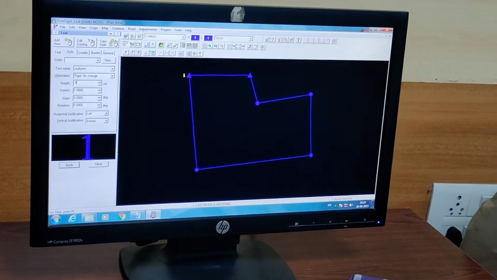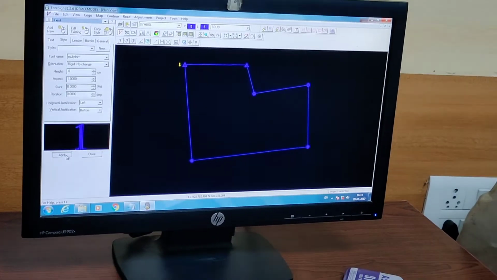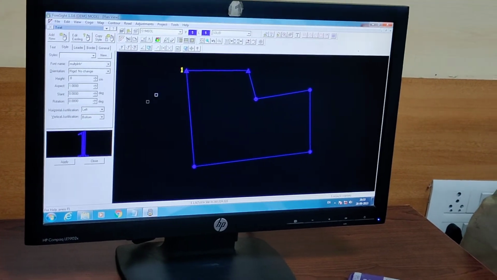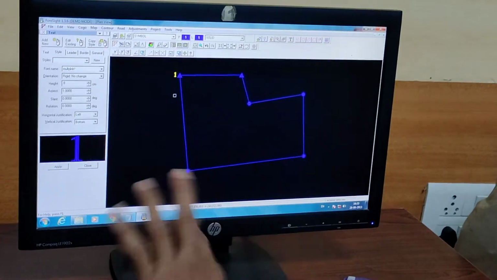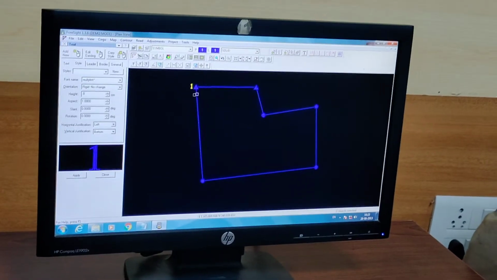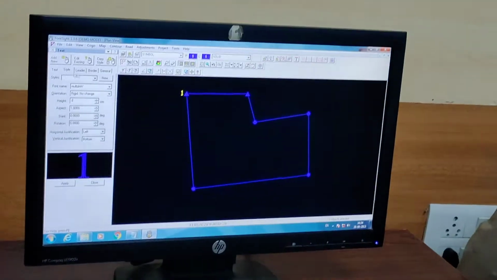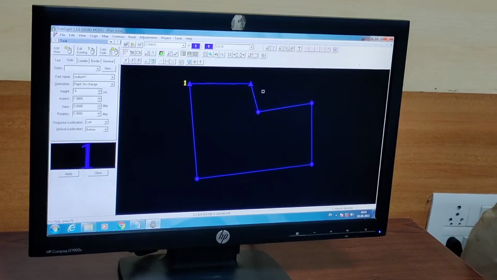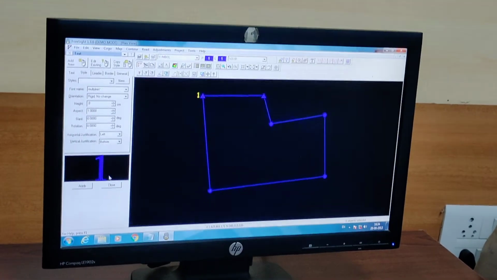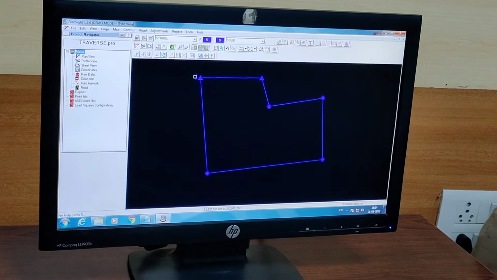Double click. Apply. It's increased, no? Okay, every time you have to do like this. Otherwise, you can copy this one to avoid selecting all styles and height again. Copy and paste, then edit the text. Just close this one.